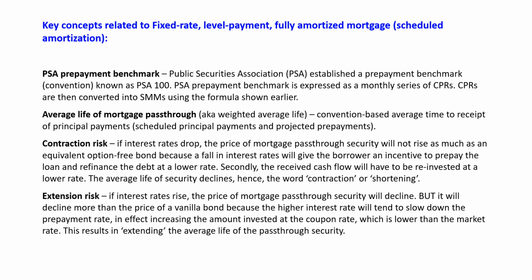Contraction risk occurs if interest rates drop. The price of a mortgage pass-through security will not rise as much as an equivalent option-free bond, because a fall in interest rates will give the borrower an incentive to prepay the loan and refinance the debt at a lower rate. Extension risk is the opposite. If interest rates go up, the price of a mortgage pass-through security will decline, but it will decline more than the price of a vanilla bond, because the higher interest rate will tend to slow down the prepayment rate, in effect increasing the amount that's stuck